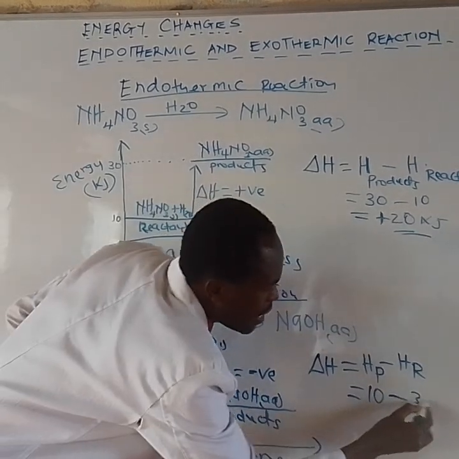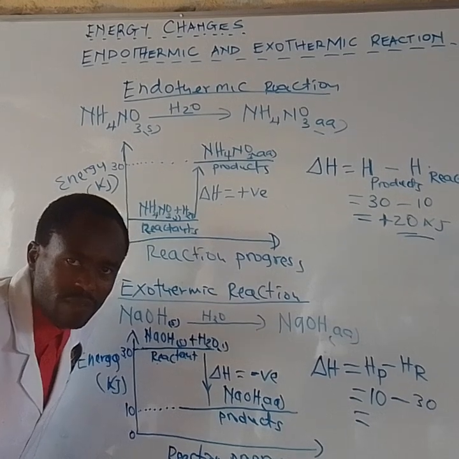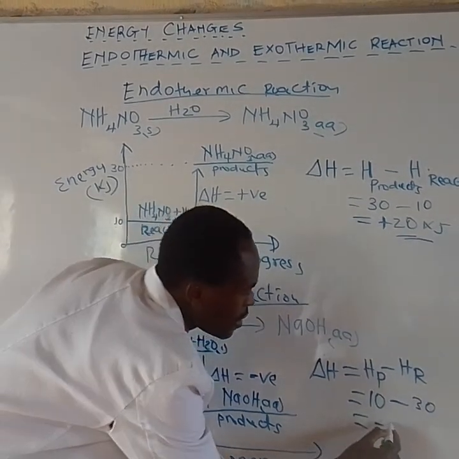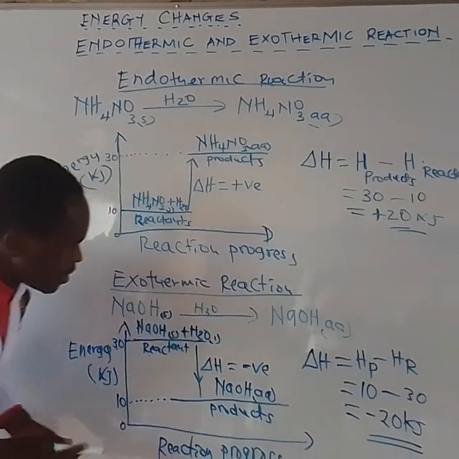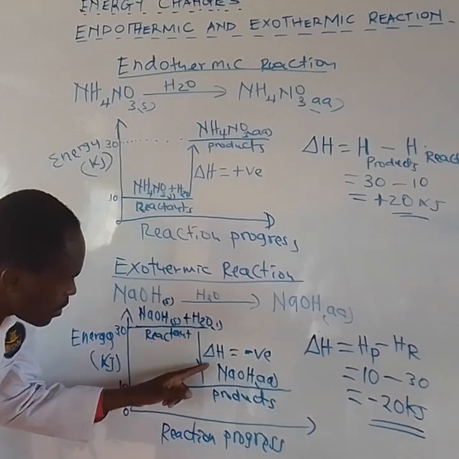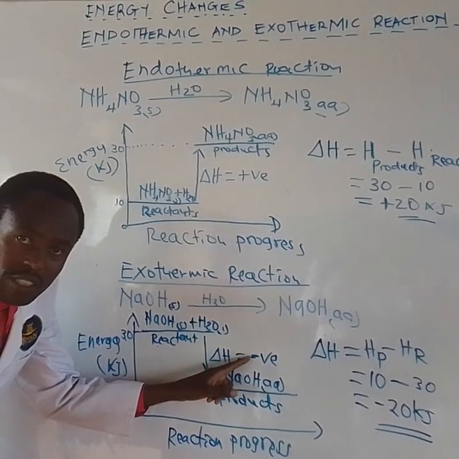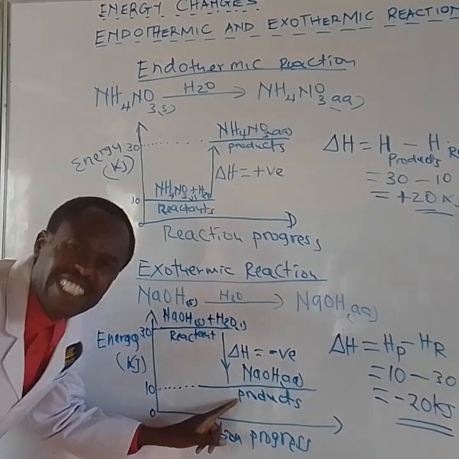So 10 minus 30, my student, what do you get? Negative 20 kilojoules. That's why we say that for exothermic reaction, the enthalpy change is negative. Is it okay, my student? Because the enthalpy of the product is less than